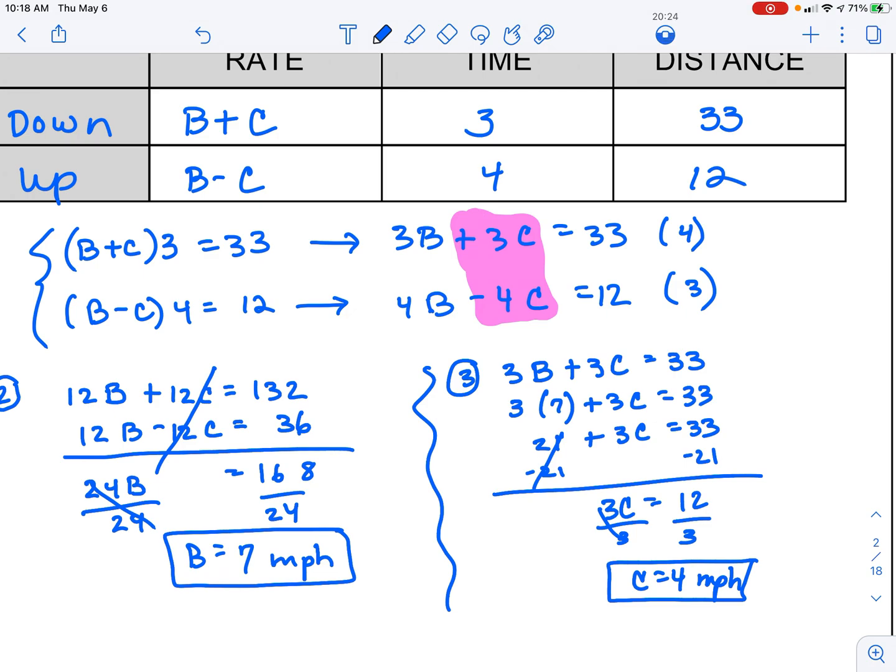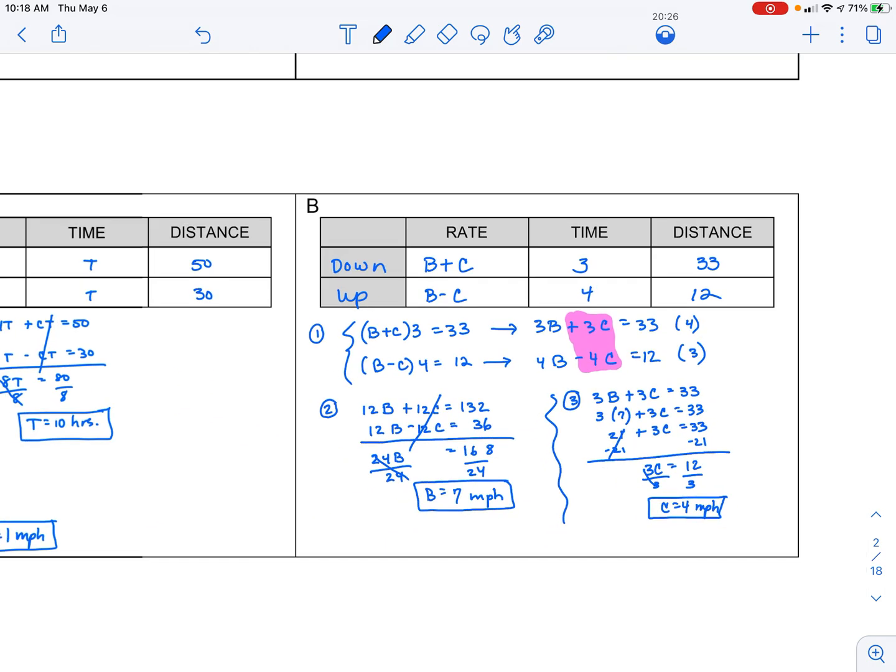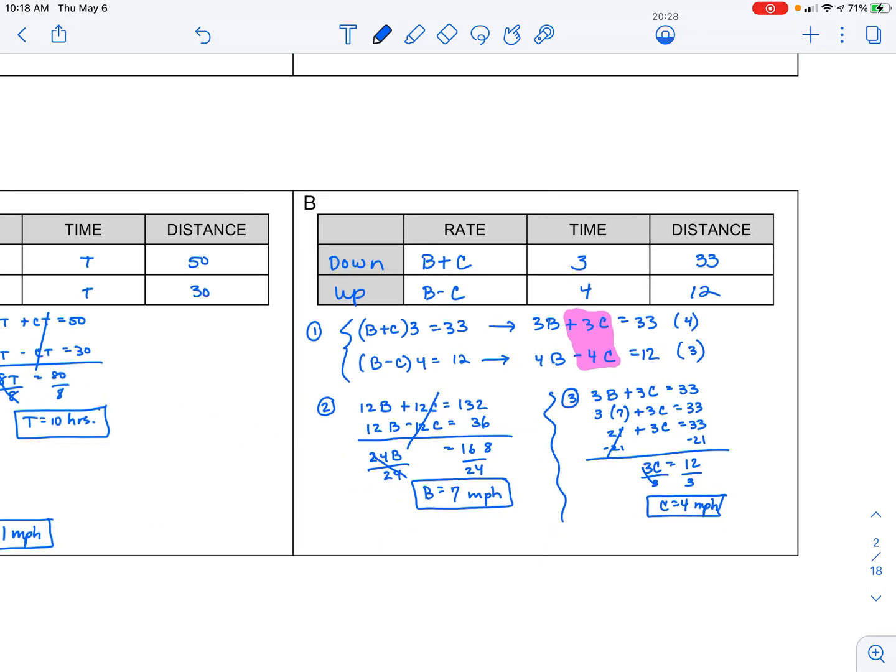Okay, guys, that's the first lesson. I hope that makes sense to you. They're really not that bad. Just pick them apart. Use the table. The table is wonderful. And I'll see you on the next